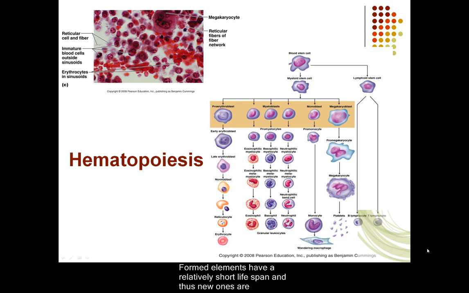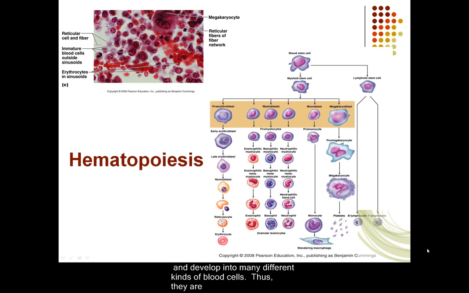Formed elements have a relatively short lifespan, and thus new ones are continually produced by a process of hematopoiesis. This process occurs in the red bone marrow. The process starts with hematopoietic stem cells called hemocytoblasts. Hemocytoblasts are considered to be multipotent cells, which means they can differentiate and develop into many different kinds of blood